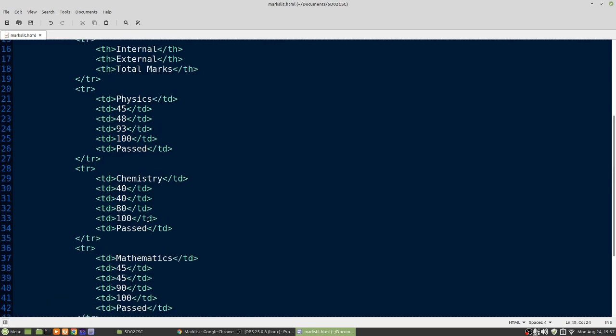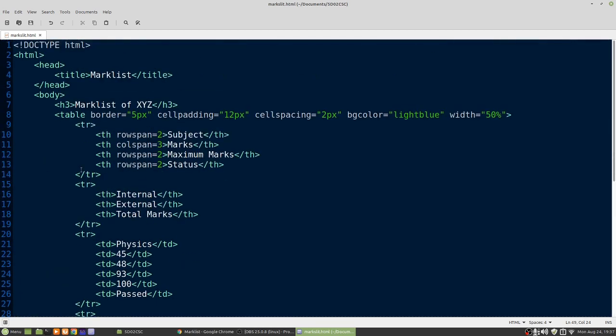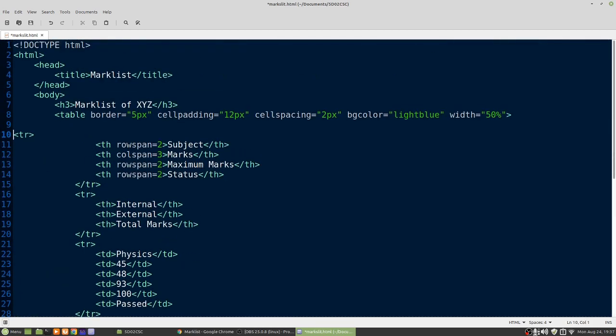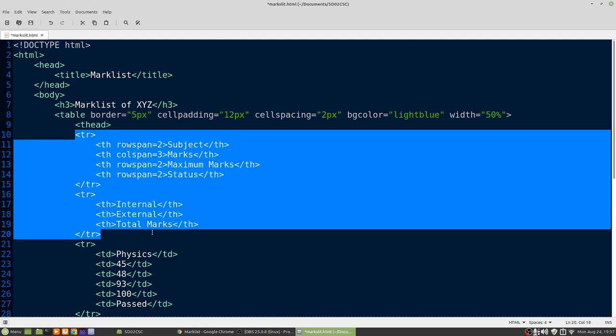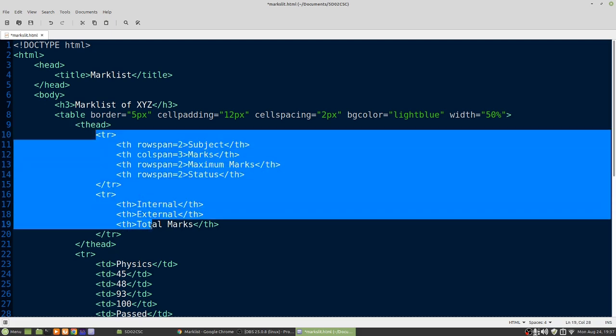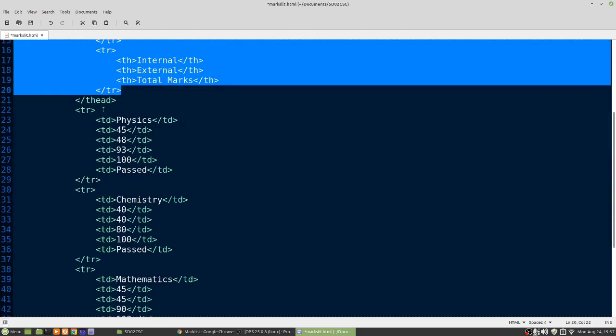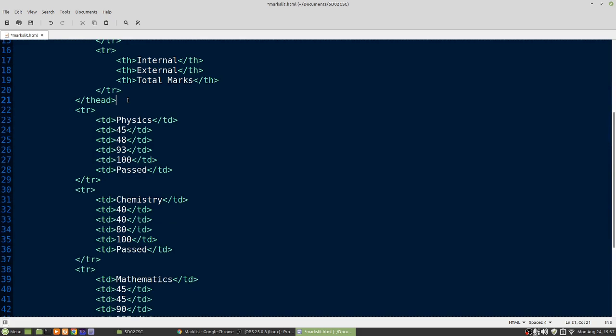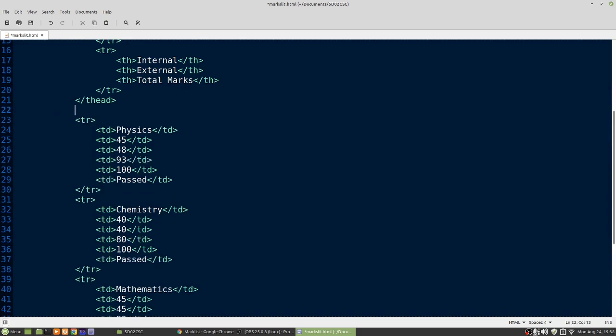So we can divide this table into 3 sections. The first one is the heading section. So we can have these 2 rows as the heading. That is done using a header tag that is called thead. Okay, and the closing tag is /thead. Okay, so this will indicate that these 2 rows are part of a heading. We need this for another purpose. I will explain that after this is completed.